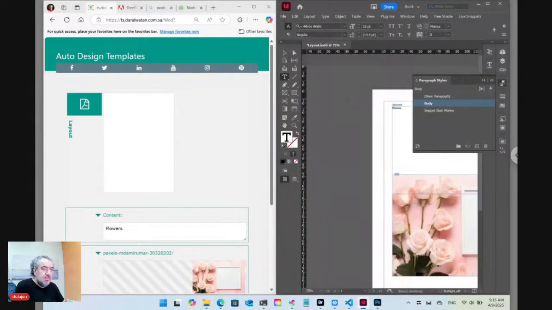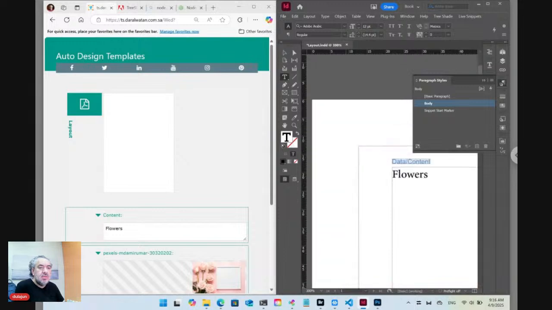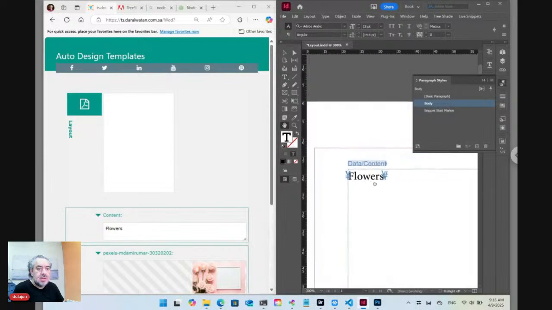And now I will have a dynamic live snippet that is marked with a non-printing anchor text frame